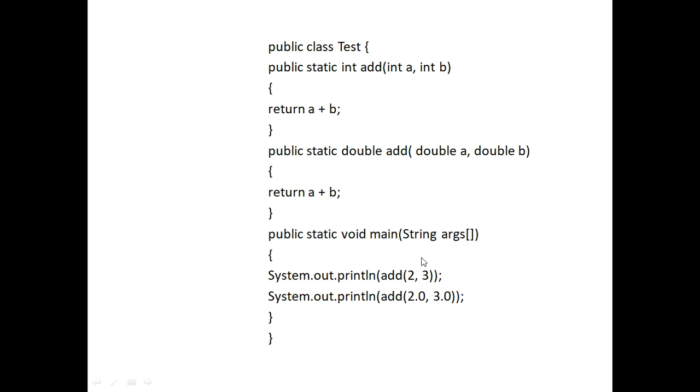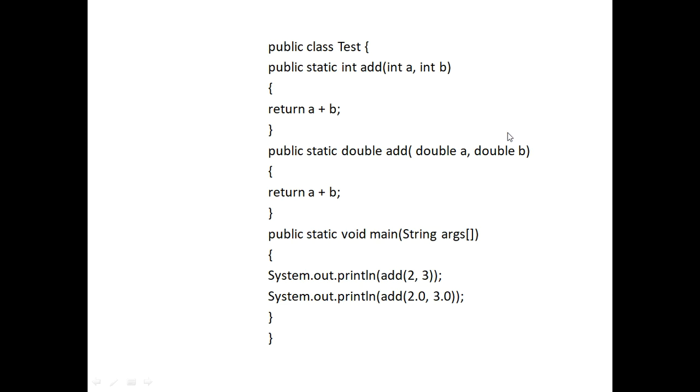So whenever I'm going to call, based on that data it can easily make out which is integer and which is of type double. You can see here this also is going to return the sum of two numbers. Whenever I'm going to call, you can see public static void main. Whenever I am going to call this particular add, the compiler will come and see add. Two variables are there, here also two variables, and here also two variables. So which one to select?